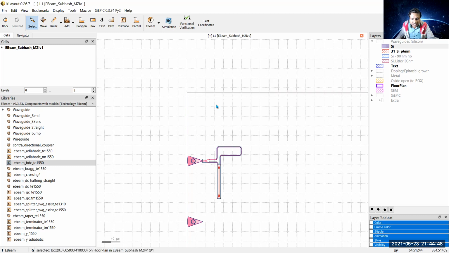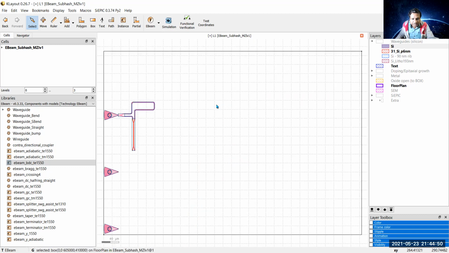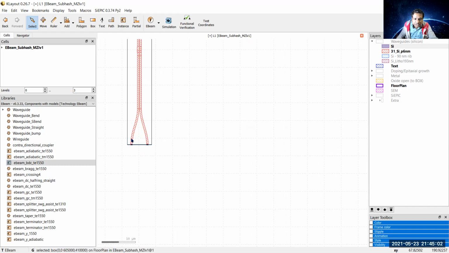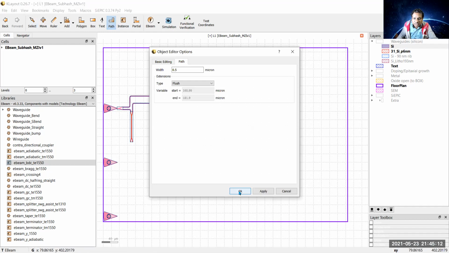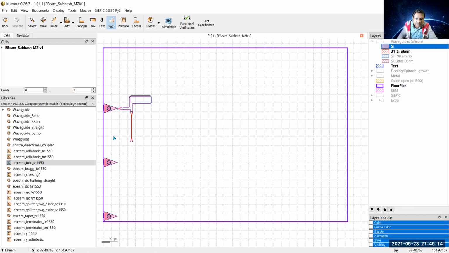Now I will click here, Shift, press F. So as far as the MZI is concerned, it is created. Now I want to connect the output ports of this broadband directional coupler to a grating coupler. So go again to silicon material layers and then Path, 0.5 micrometer waveguide width. Say OK.